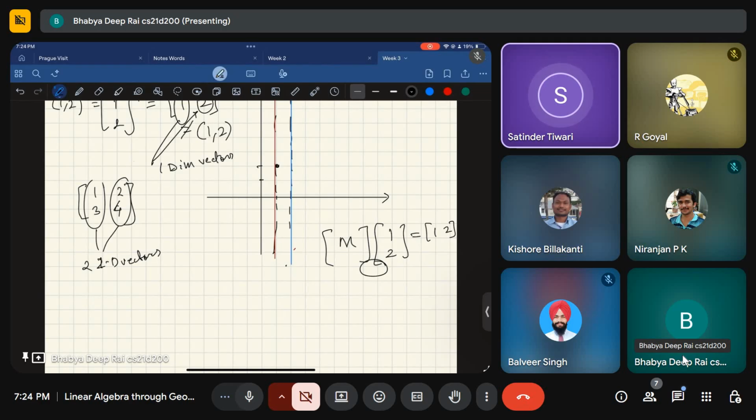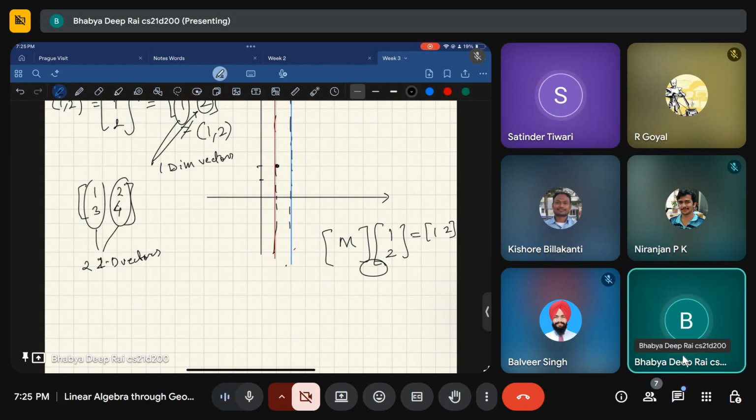According to me, something is happening. This transformation, what it is doing, it is taking two-dimensional space into one-dimensional space. So we can't expect we'll get the coordinate. Now we'll get a line. What is the magnitude there? That's why for the scalar product we don't have the directions.